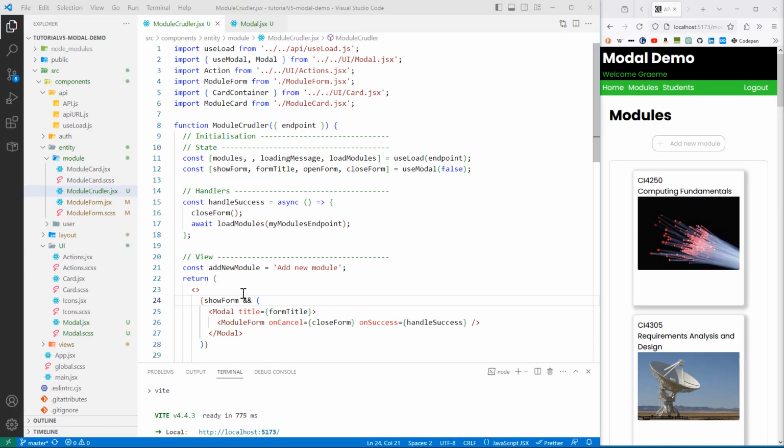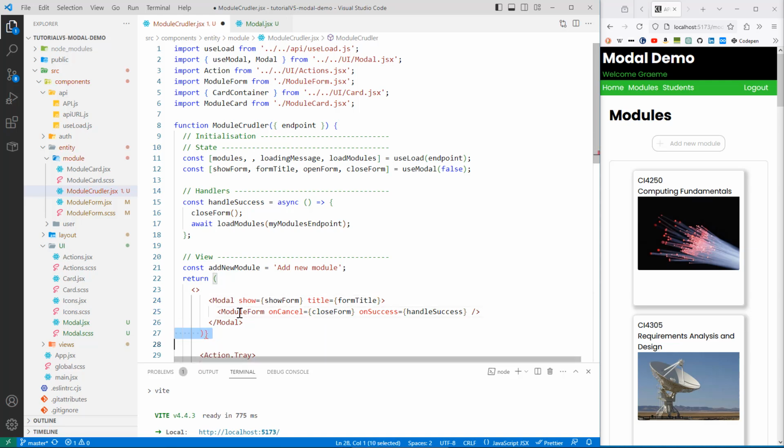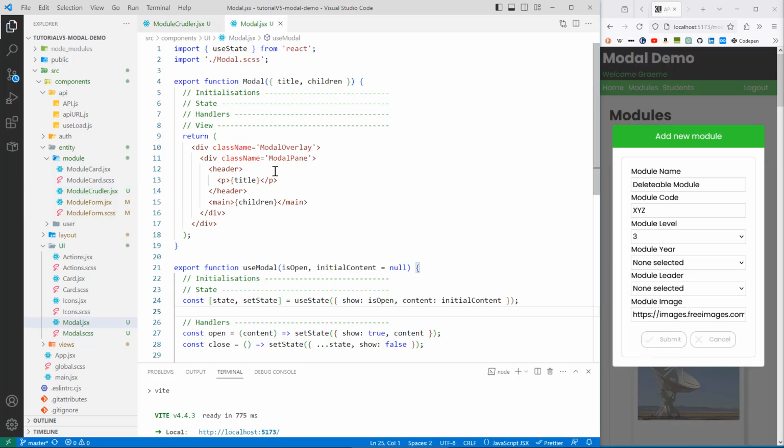And finally, a last tweak. I want to get rid of this conditional and push that in to the modal itself as a prop, and then let the modal decide whether to render or not. So if we move this, I'll have the prop called show equal, and we don't need this conditional. Control S, and we'll have to modify the modal, so show,